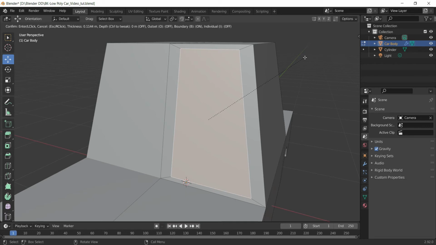If you observe the top, something is written, boundary, and the shortcut is B. So I am toggling off this boundary by pressing the B shortcut.